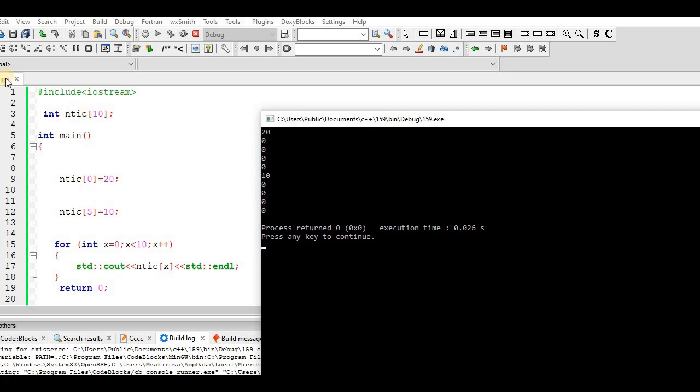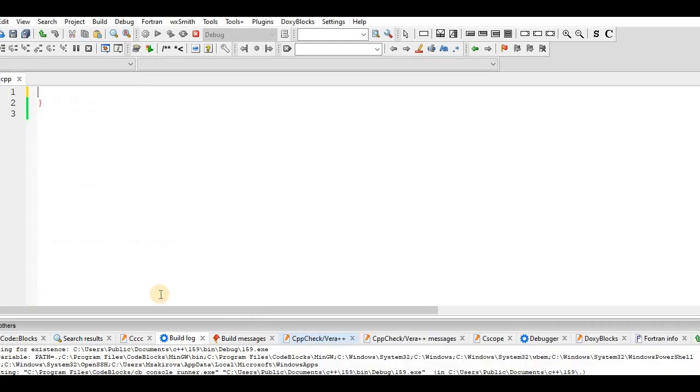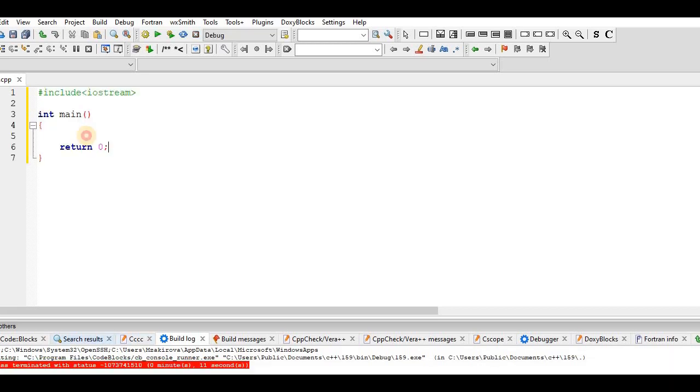So let's practice what we have learned, and for this, let's make a program that asks the user for the number of hours worked by 5 employees, and these values will be stored in an array, and then we are going to print out these values on the console. So now I'm going to write a definition of an array. So int hoursWorked, and in the square brackets